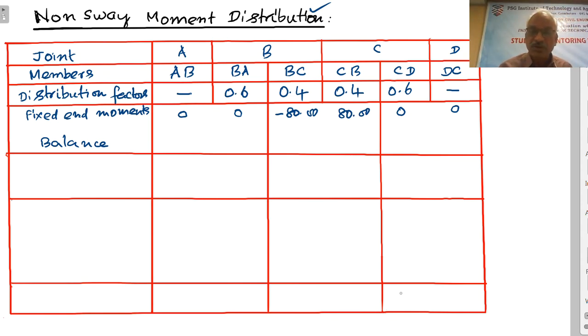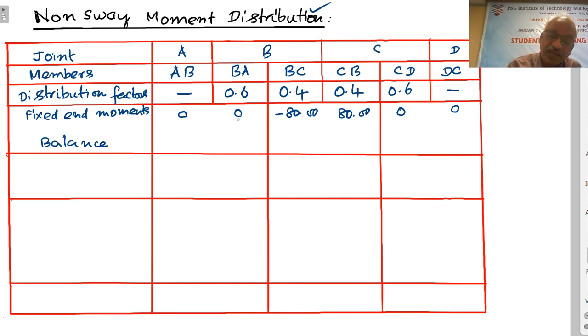Now coming to the joint B, A and D no problem, because there is only one member. B, because of our wrong assumption, we have got the unbalanced moment equal to minus 80. BA it is 0, BC it is minus 80, unbalanced moment. So the algebraic sum of these two moments must be equal to 0, but it is not 0. We have to do it by iterations, right? We have to solve the problem, right?